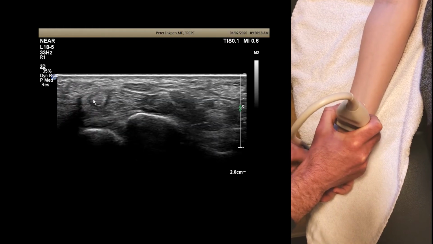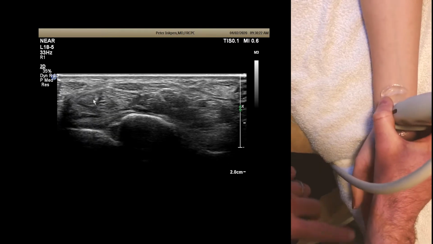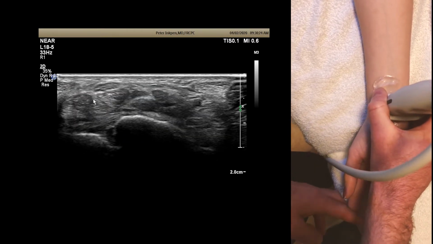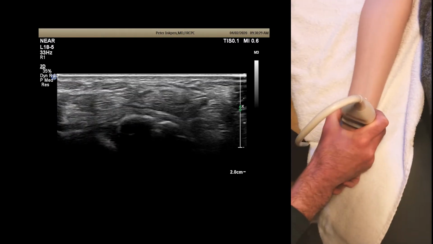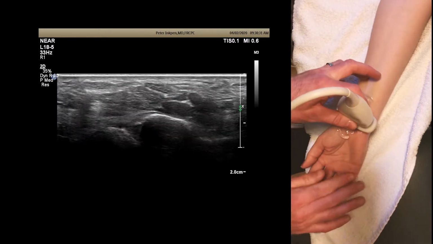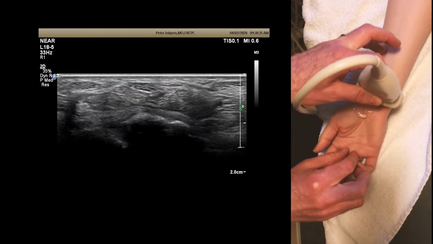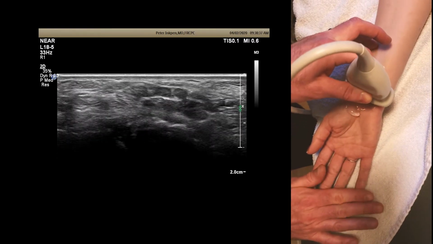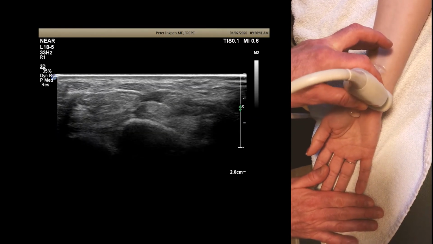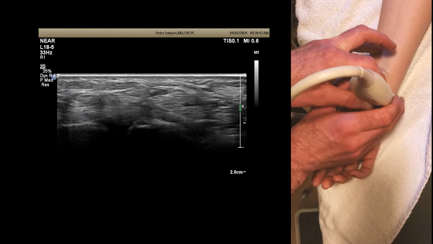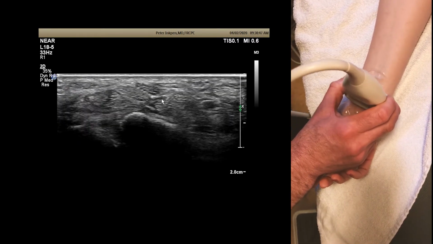So flexor pollicis longus, you can just wiggle the thumb and you can see it moving. And then the same with the other digits, you can just extend them. When FDS extends, what you're going to see on the screen is the muscle belly of FDS is going to occasionally extend down into the frame that you're scanning. And we can see that right here as we